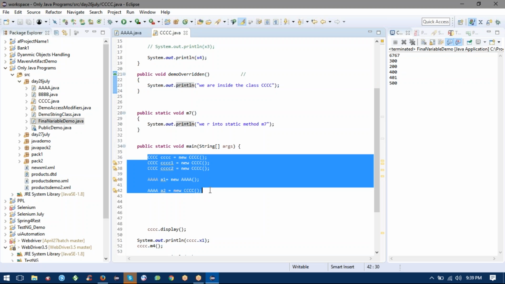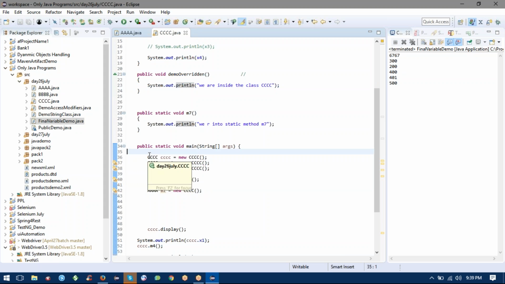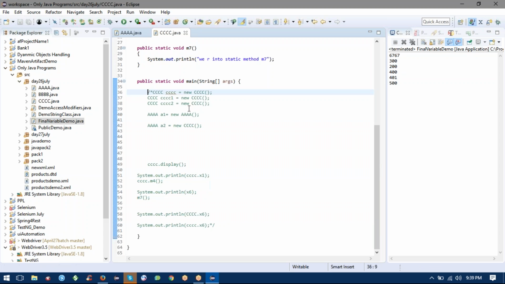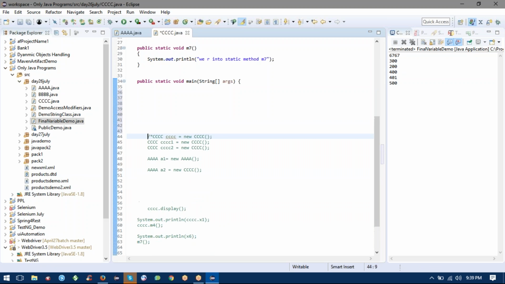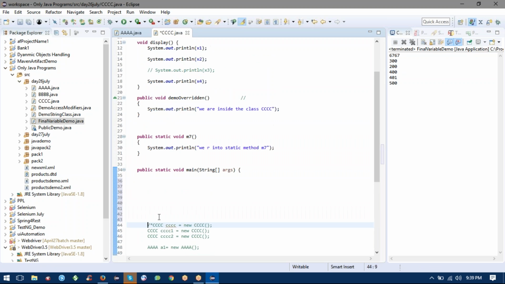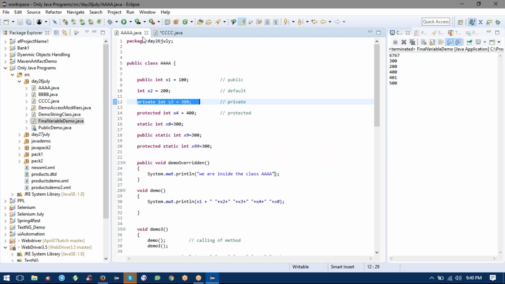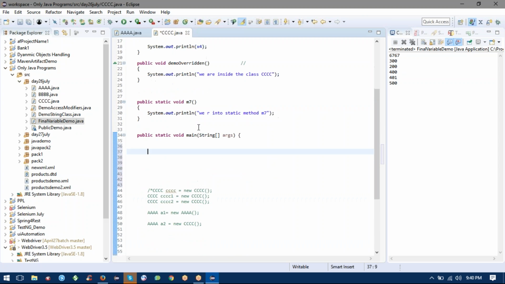So let me comment this out and give you the concept of how to use it. Let me comment all these things because we don't require them. I will give you the concept with the code. See, this is the parent class, this is the child class. You can write like that: AAA